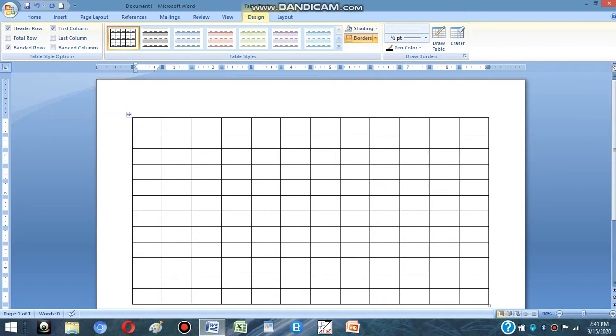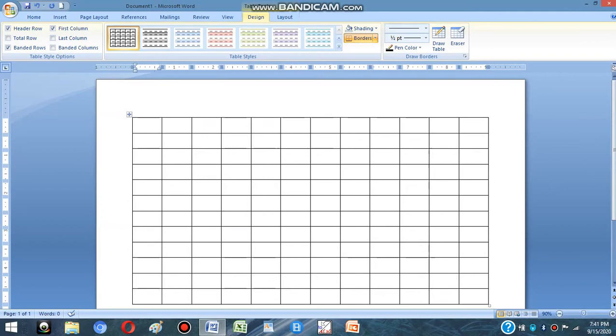Now if we want to go to the last cell in a row, I have to simply press Alt and End. Alt and End for the last cell in the row and Alt and Home for the first cell in the row. By this we can move in a row. Now we will see how we can move vertically in a column. For moving to the next cell in a column, press the down arrow key, and for moving to the previous cell in the same column, the up arrow key.